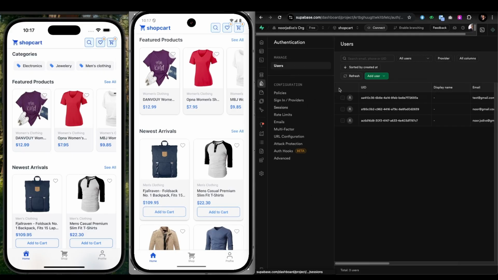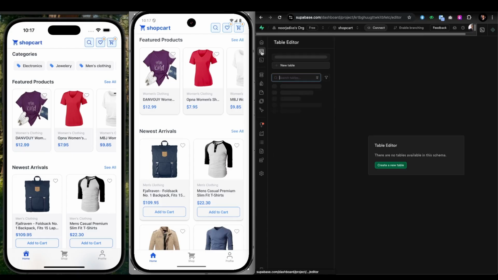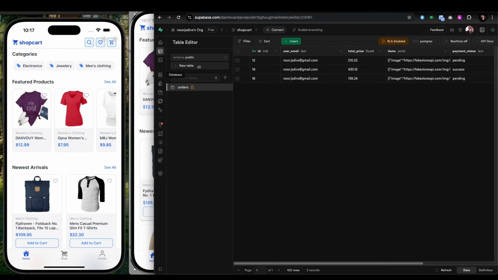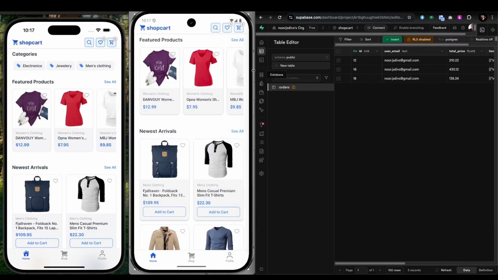As you can see, we have our user table, and so far we also have another table which is going to be hosting our orders. You can see all of our orders are going to come here, and we're going to manage Stripe for payment authentication. And first of all, I will just provide a quick overview of what kind of things we're